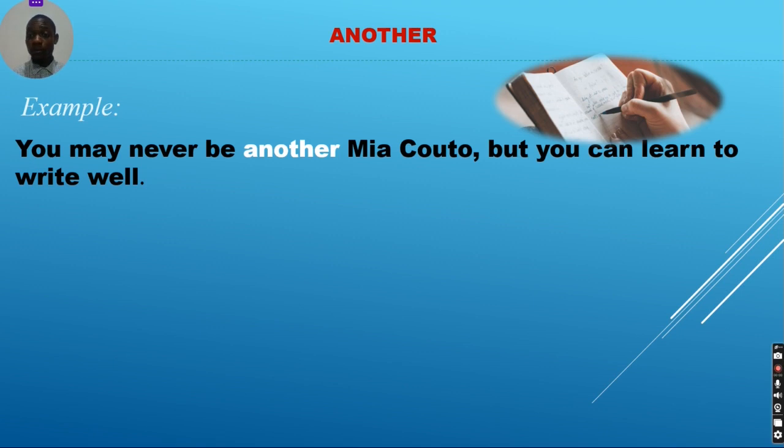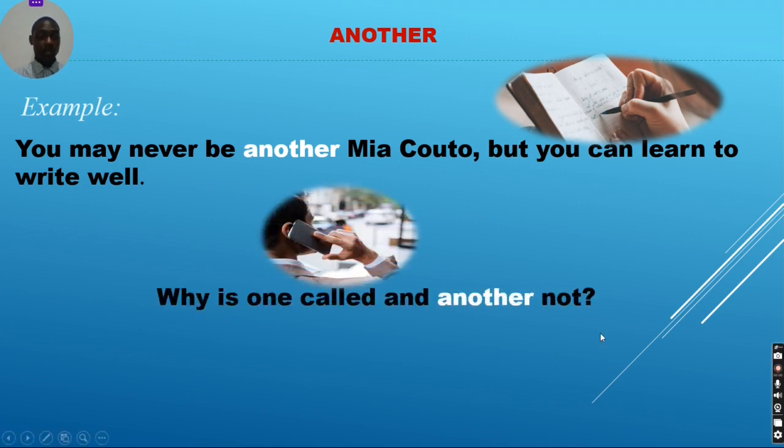Mas você pode estudar, ok? You can learn to write well. Você pode estudar para escrever melhor, para escrever bem, ok? Então é exatamente isso. Ok, é assim, temos aqui o another para dizer outro, ok? Another. Nós usamos muito a expressão. We can say, for example, the second example, you can see here like why